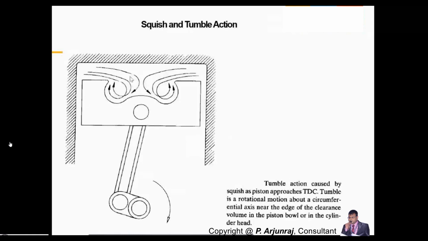And this maximum squeeze velocity will happen before top dead center. Okay? So again, when the piston moves from top dead center to BDC, you get a different pattern. But basically, the data says that the maximum squeeze velocity occurs at about 10 degrees before top dead center. When the piston moves from BDC to TDC, and before reaching the TDC position by 10 degrees, you get the maximum